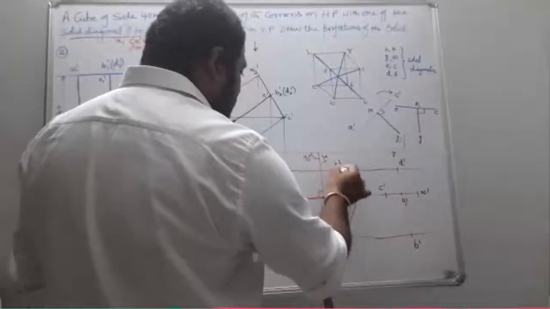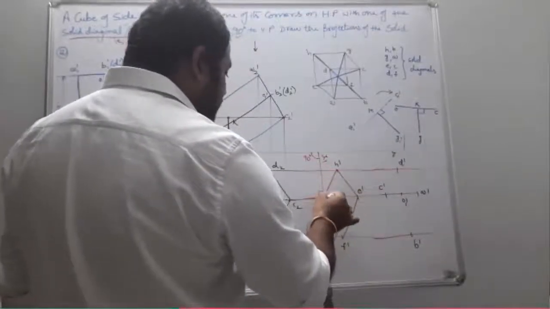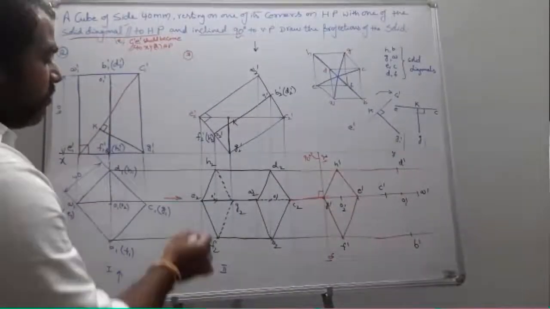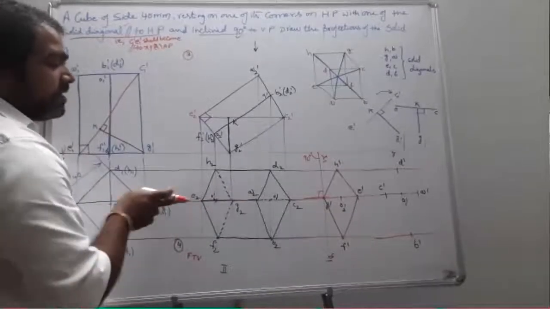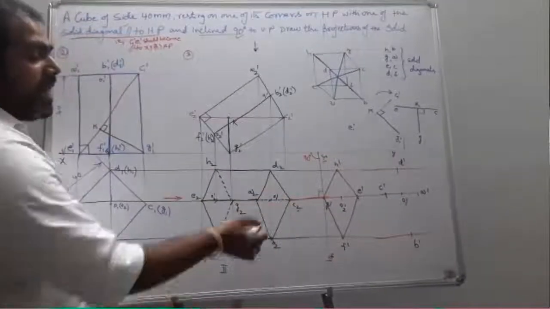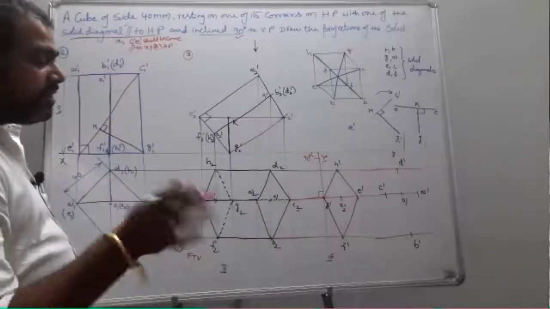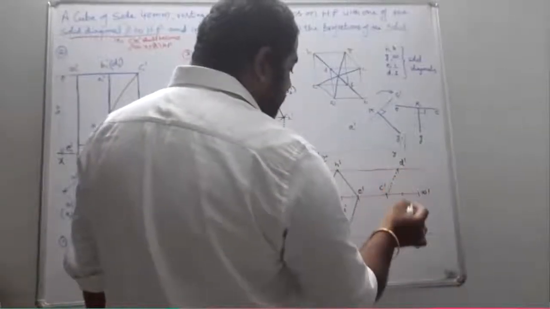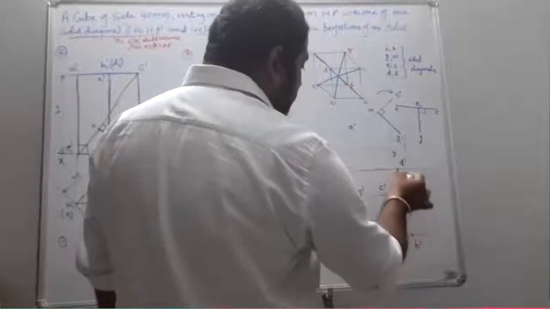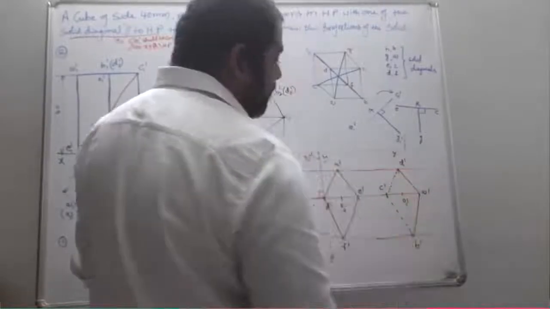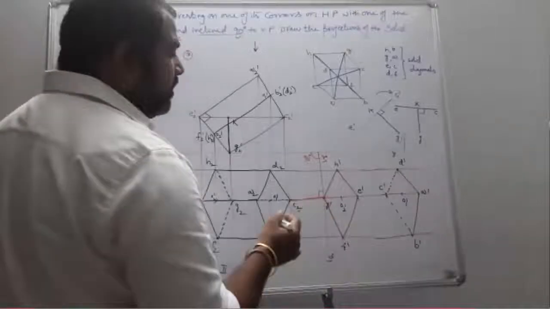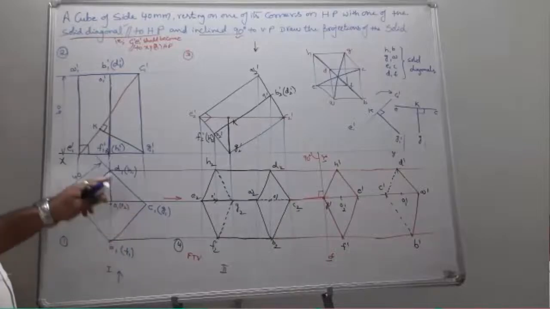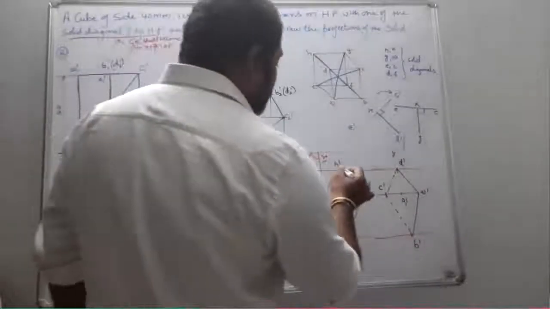So visible means I just go for the solid lines. Next, let us see what is the farthest point from this observer when you are seeing in this manner. C is the farthest point, and the lines which are passing from C are going to be considered as the dotted. Now I just consider C dash D dash is going to be dotted, and C dash B dash is also dotted. Remaining, I just join. Now I am supposed to join all the solid lines, that is all the corners, corresponding corners. Okay, that is AE, BF, CG, DH, so on. Okay, so in that manner I just join